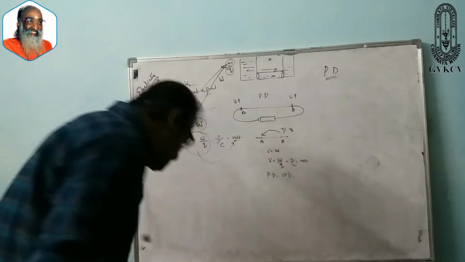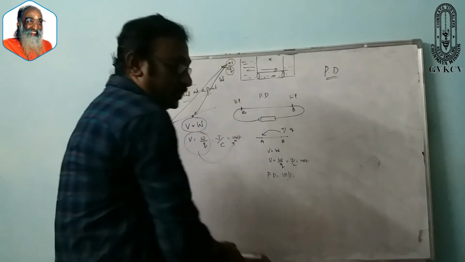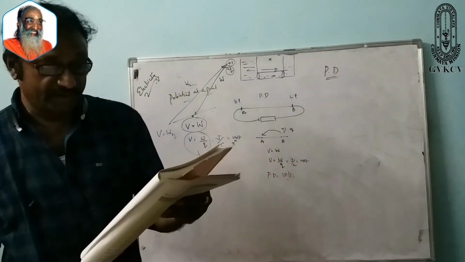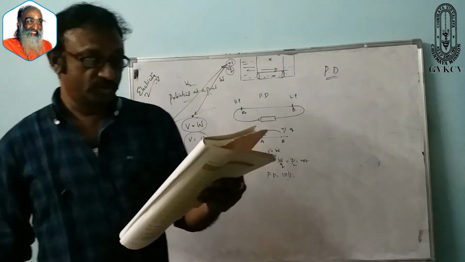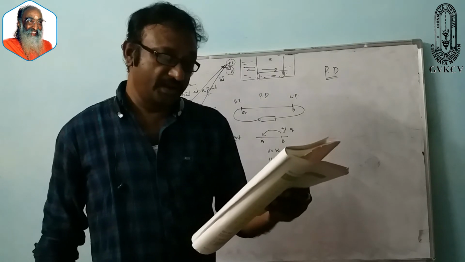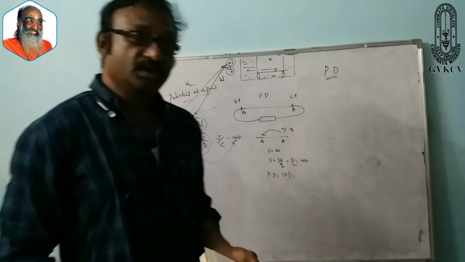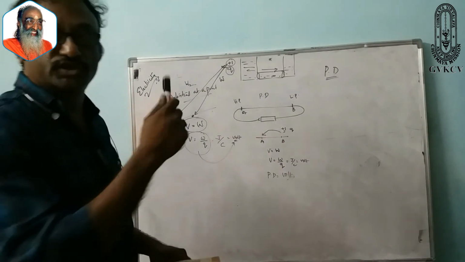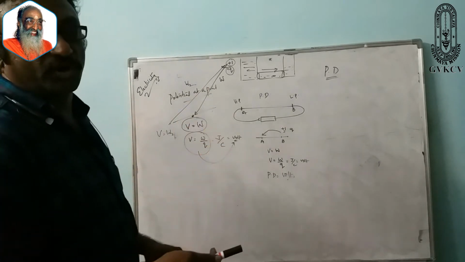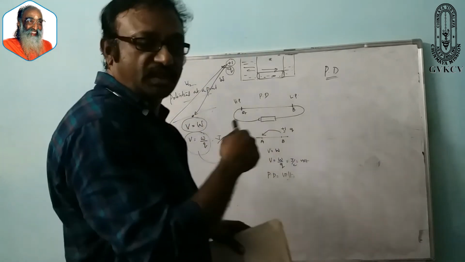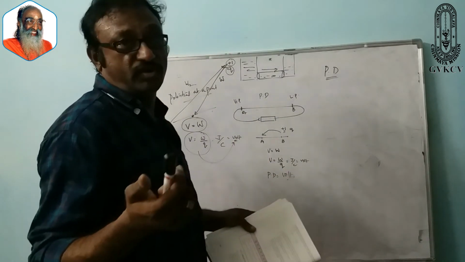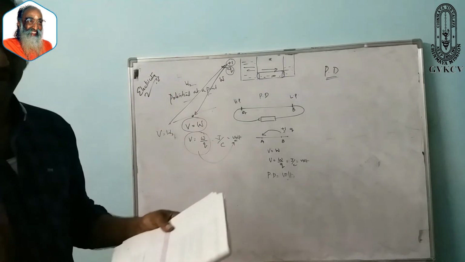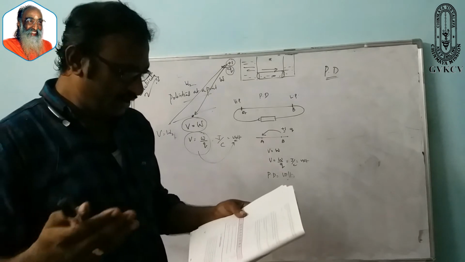Okay, and then after understanding this potential difference, so now let us take your page number 202. In your page number 202, 3 questions are given there. Name a device that helps to maintain a potential difference across a conductor. So the question is how to maintain the potential difference across a conductor. One is to be at higher potential, the other is to be at lower potential. For maintaining the one at a higher potential, the other at lower potential, what we have to do? We have to connect it to a cell or a battery or a generator. So name a device. A device means we can go with a cell or a battery or a generator.